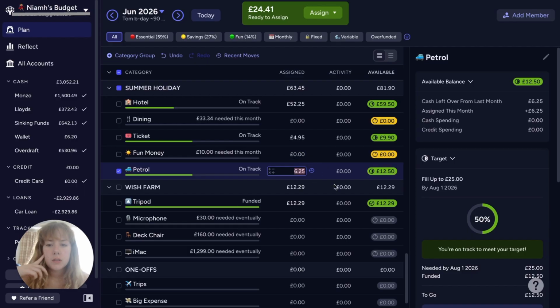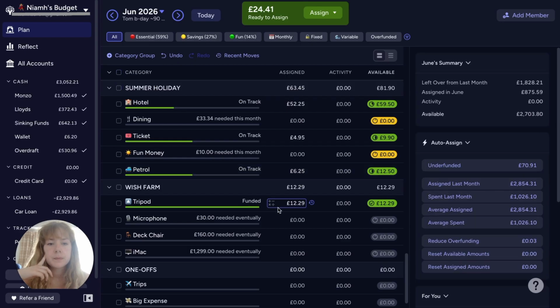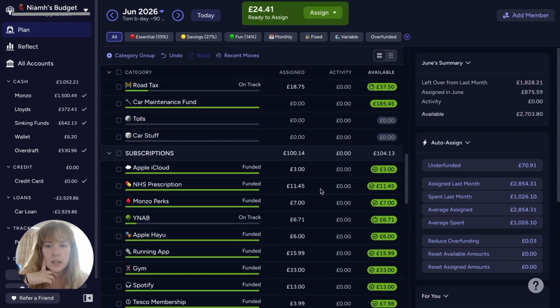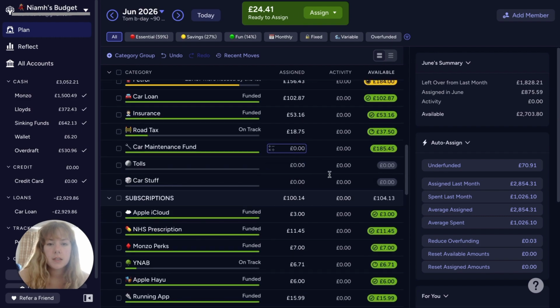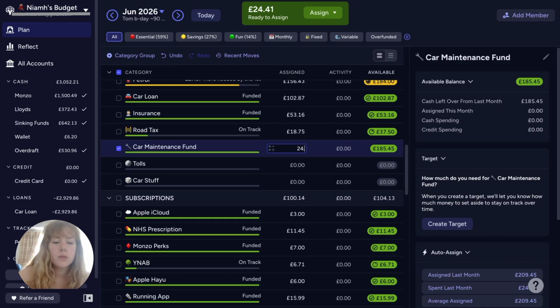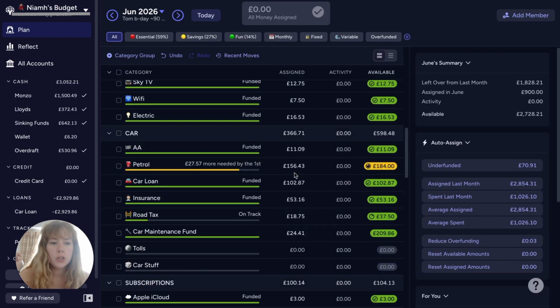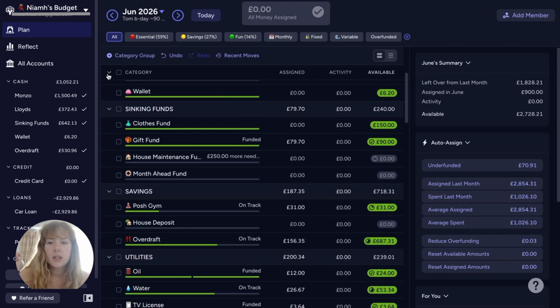Okay, I'm going to do the responsible thing. I'm sure I can make up some extra money there at some point, 33 and 10. And I'm going to go to my car maintenance fund and 2441. Boom. And that is all the money divvied out for the month of June. So if we go here now,